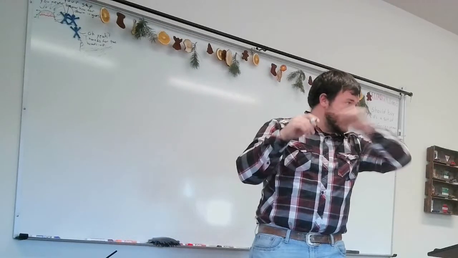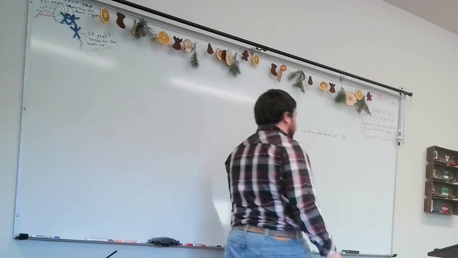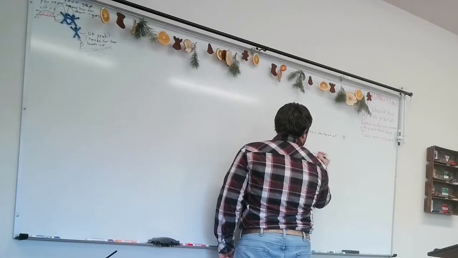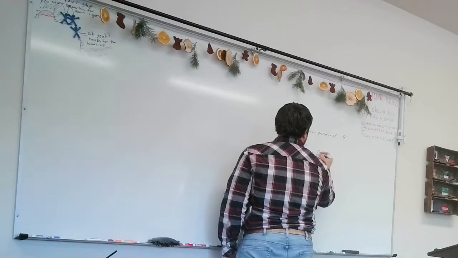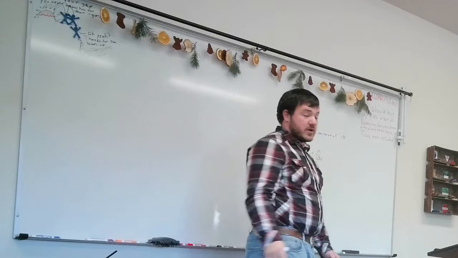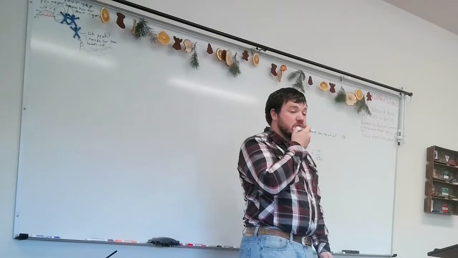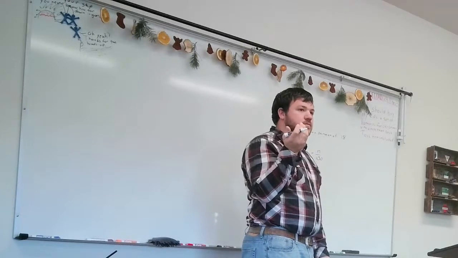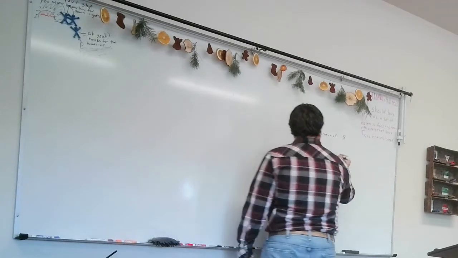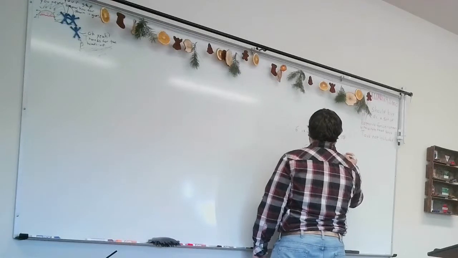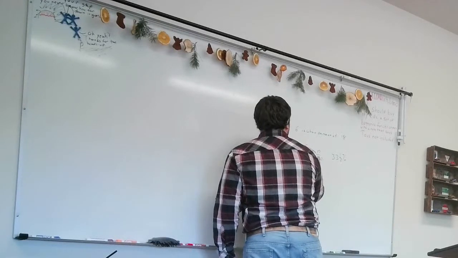Lee, you will tell me how to do it very carefully. 6 over 18, and then equals n over 100. You should be able to do this one in your head as far as what the actual percentage of this is. 33.3%. That's correct, because 6 over 18 reduces to 1/3. All right.